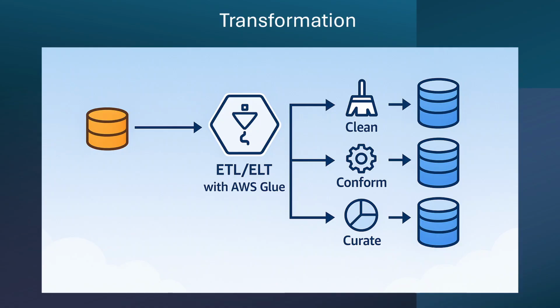Then we enrich and conform. For example, joining market data from vendors with client records, adding lookups, and computing derived fields like region or risk score. When the data passes validation, we write it out to silver for clean and standardized records, and gold for curated, ready for analytics. We store everything as Parquet, partitioned, let's say, by date or business domain, and then update schemas